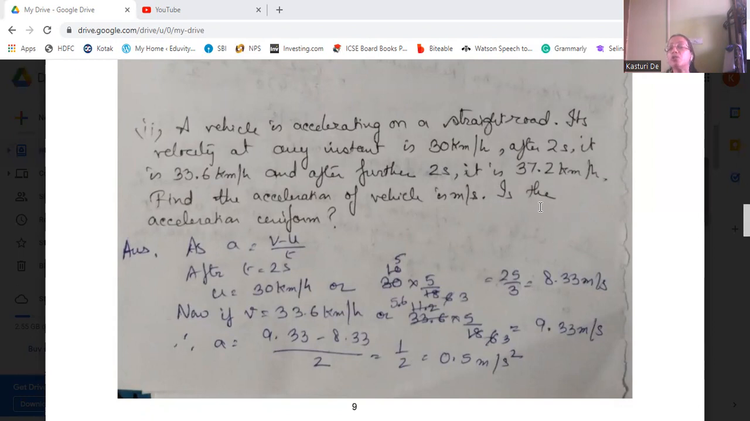So a is equal to, we know, v minus u by t. After t is equal to 2 seconds, initially it is 30 kilometers per hour, or 30 into 5 by 18, that is equal to 8.33 meters per second. Okay, and final velocity, we know it is